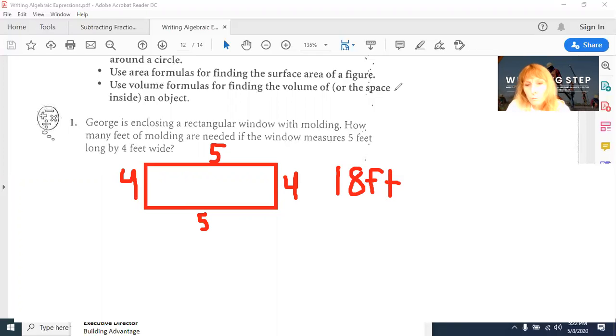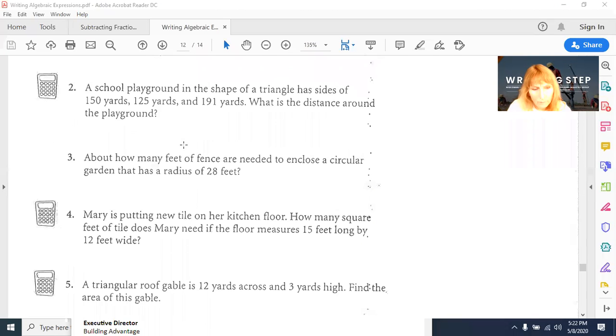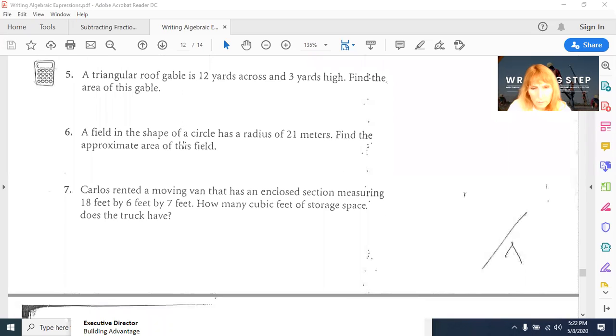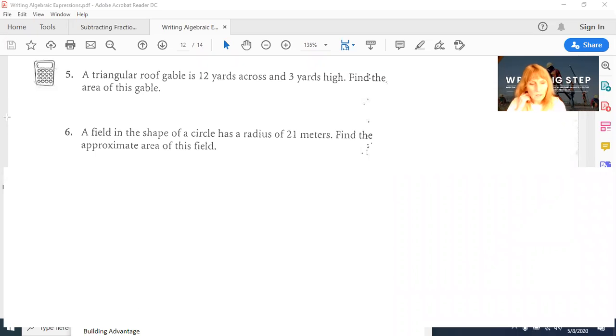Let's look at number 6. Here is 6. So let's get rid of all of this extra. A field in the shape of a circle has a radius of 21 meters. Find the approximate area of this field. So we know we want to use the area formula of a circle. The area formula of a circle is equal to, it's in your packet there, but it's pi